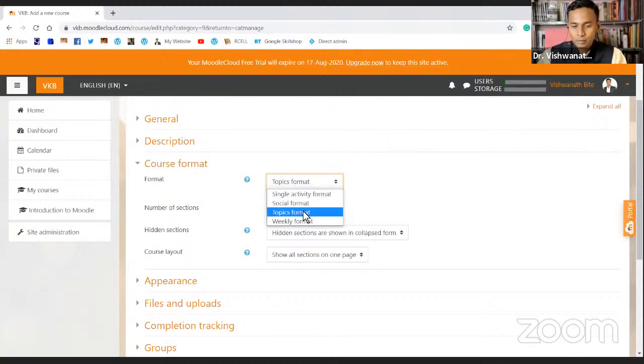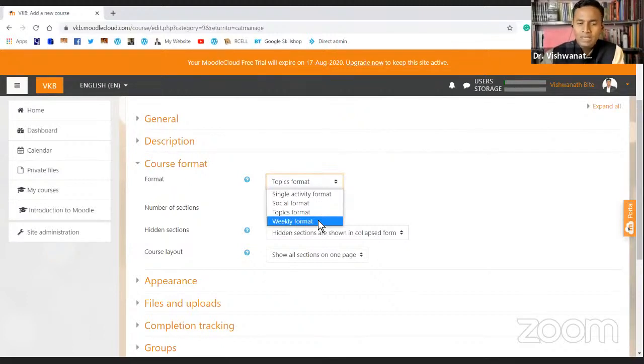Then there is this topic format. So usually in all traditional university setups, this is the format which is used, like topic, module 1, module 2, module 3, or unit 1, unit 2, unit 3. That's how the topic format is. And maybe you want to select that topic format, or weekly format. There is another option, weekly format. There are many courses which are being offered on a weekly basis: 3 weeks course, 5 weeks course, whatever it is, 1 month course, 3 months course, and that is basically a weekly format.